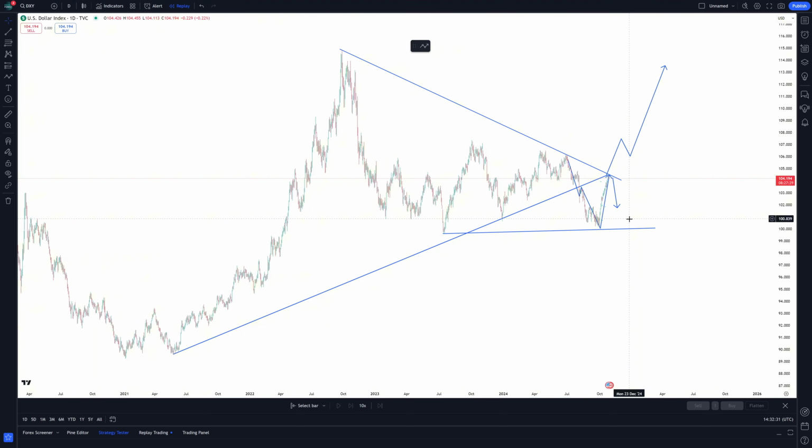And if you were watching my earlier videos, you know what my bias is. Because interest rates are so much more favorable here in the United States, it's much more likely that the dollar is going to get stronger against the European currency, which is the euro, or CHF, which is the Swiss franc, or the British pound. So that's our bias, because money flows where it's treated best. And right now, money is being treated the best in the United States of America, even though there are a lot of negatives happening in the U.S., be it political turmoil and the Middle East wars and all of that. So there's a lot of negative going on.